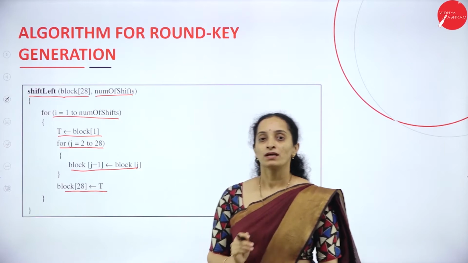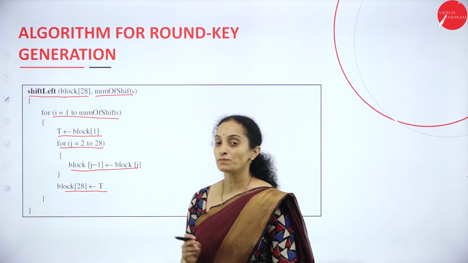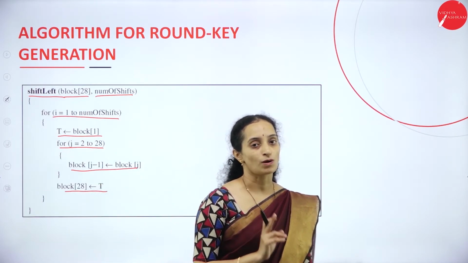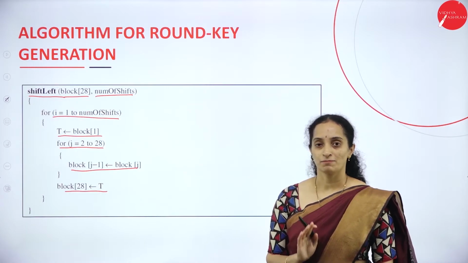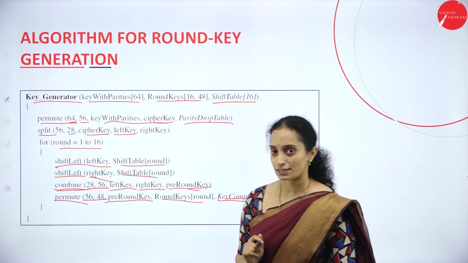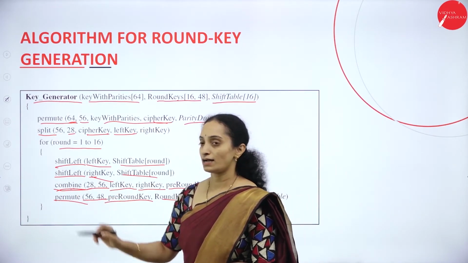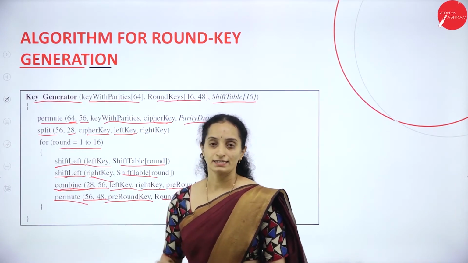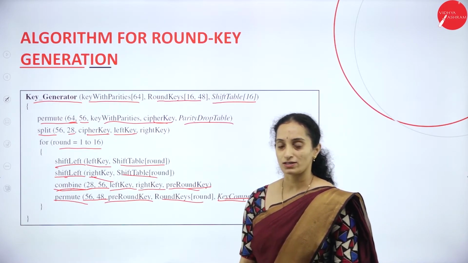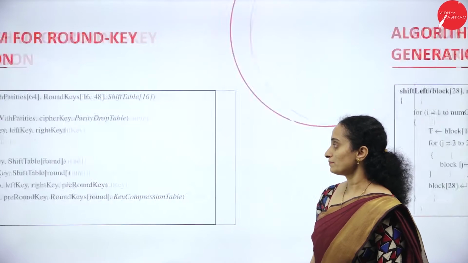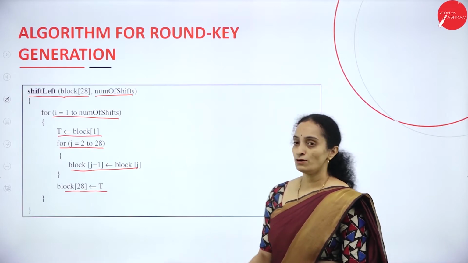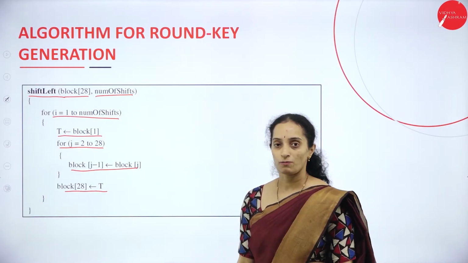Alright, this is the general pseudocode or algorithm that can be used while generating a round key of 48 bits. Along with that, we have the permutation function that we studied in the last session. Then, combining it with shift left and shift right, we can create the algorithm. Maybe you can do it as an exercise. Now we have the pseudocode or algorithm for the shift left operation.